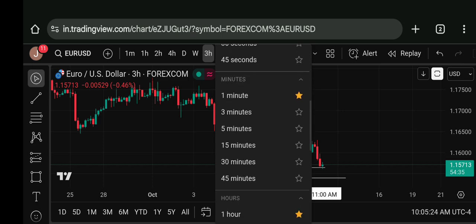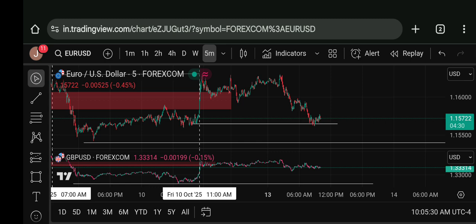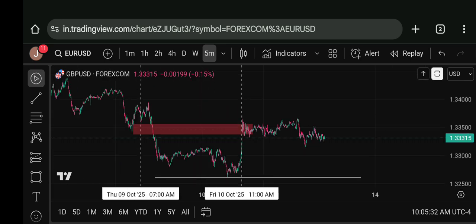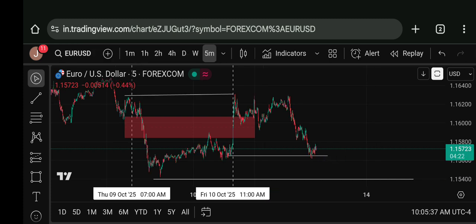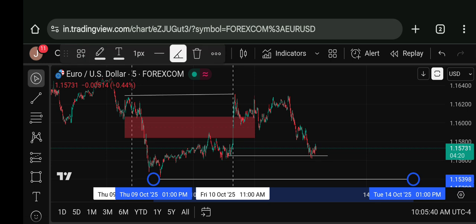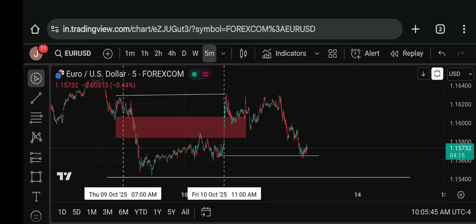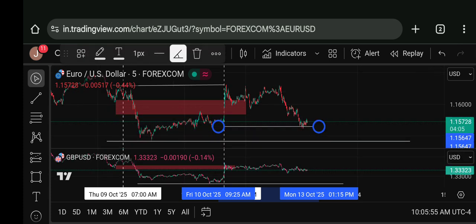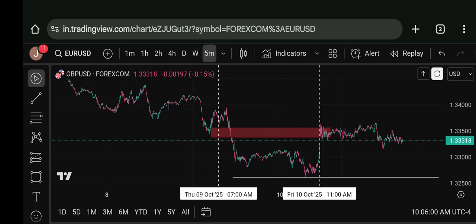So sorry guys, this is only a 5-minute market structure shift, not a 15-minute one. So let's see, guys. So this is a 5-minute market structure shift, but still I am confident that price will definitely move to the sell side liquidity here, because you have already seen that video between GU and DXY, GBP and DXY, the same bias and everything. So this is a 5-minute market structure shift on Euro USD. I'm still confident this will hit our take profit, and the market structure shift hasn't happened on